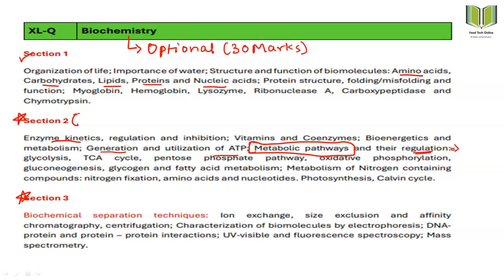So regulation is through the ETS, electron transport system, and metabolic pathways include various ones. The basic metabolic cycles are glycolysis, tricarboxylic acid cycle, pentose phosphate pathway, then oxidative phosphorylation and gluconeogenesis. How the carbohydrates and proteins are interconverted in the living body for the utilization and storage of the various nutrients that have been consumed through the food.